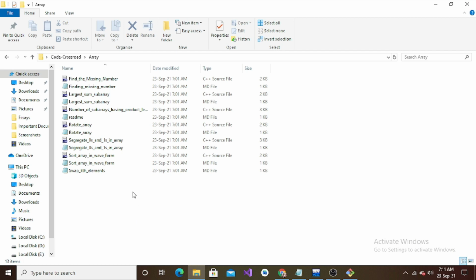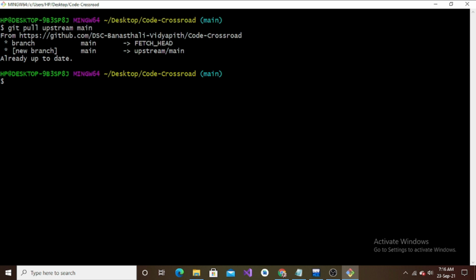So since we are contributing the question from our own side, we will have to contribute the question file as well, right? So I'm just going to get back to git bash, and you can see that we are already in code crossroad.